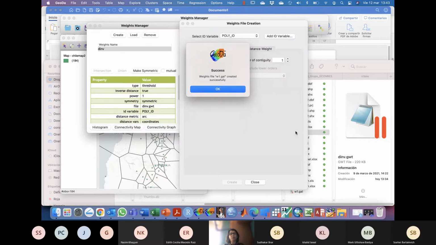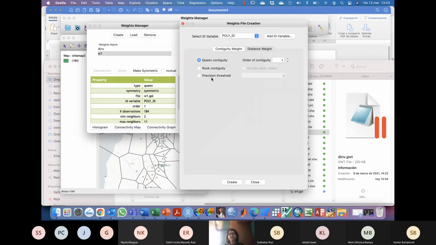Here perhaps you are wondering why select the queen, not the rook. In these cases, when you have irregular cells, it is more or less the same. It is very, very difficult that one region only shares a vertex with another, but normally it is not the case. And sometimes you have a tiny part of a segment, and it is going to be like the queen